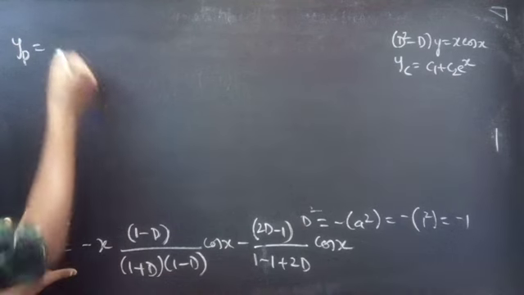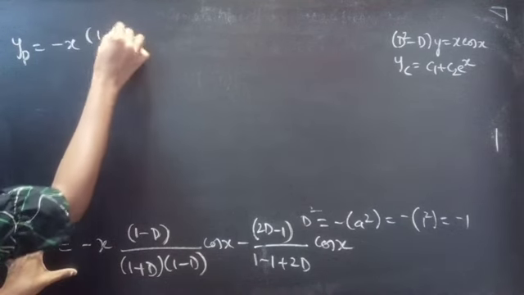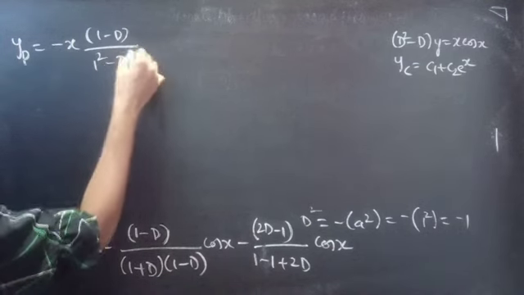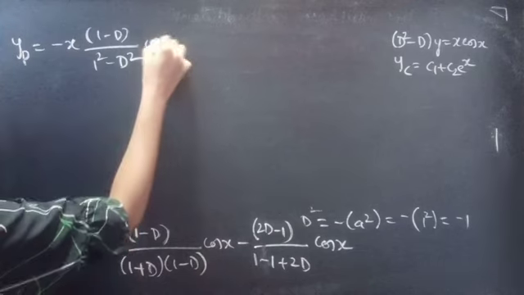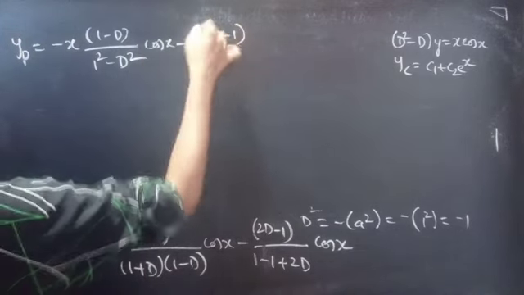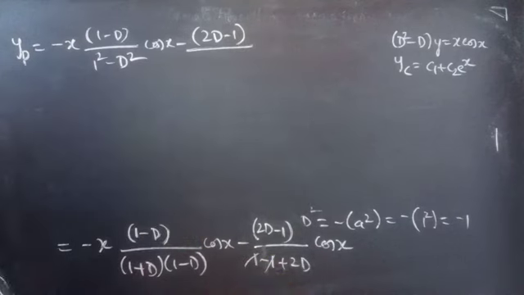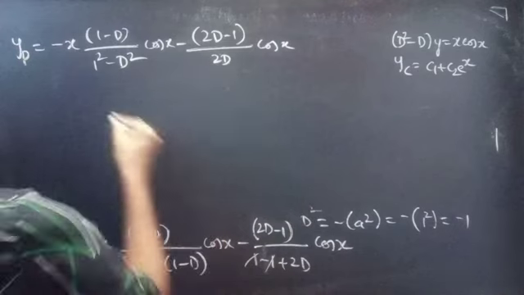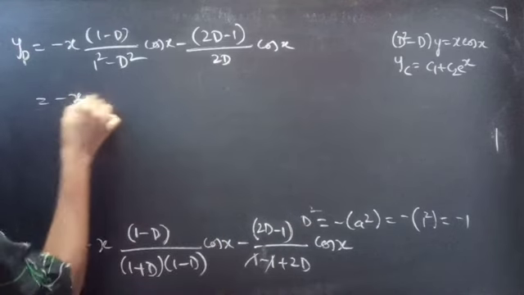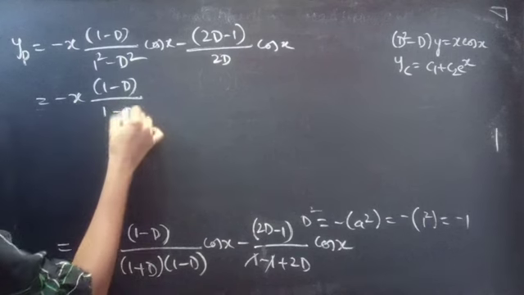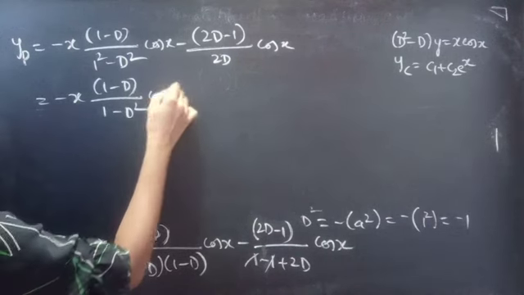This becomes minus x into 1 minus d by, the denominator is of a plus b into a minus b form, so we can write it as a square minus b square into cos x minus 2d minus 1 by, here plus 1 minus 1 gets cancelled and we'll get 2d into cos x. So this becomes minus x into 1 minus d by, 1 square is 1 minus d square into cos x